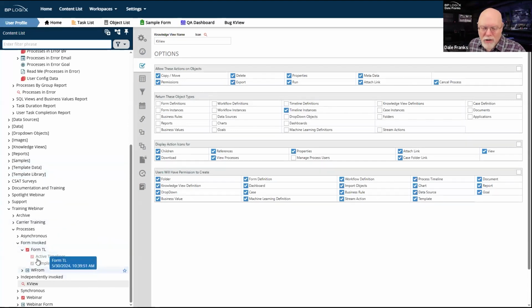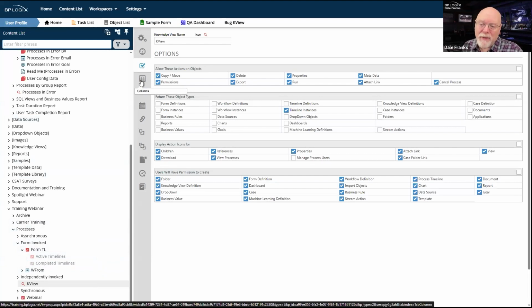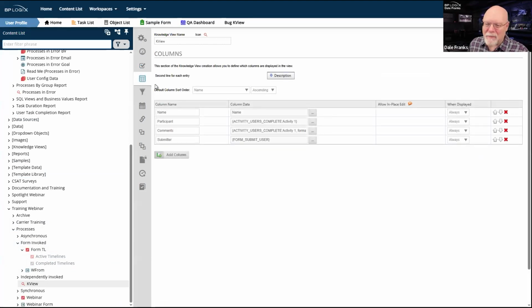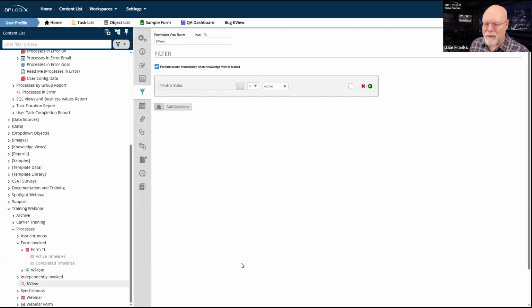And largely you can usually do it in the content list itself by looking into active timelines and then just searching for the particular request. If I can't do that, then it's nice to be able to fall back on something that just shows me all of my actively running processes. Now, this assumes that you don't have 10,000 actively running processes, which you might. I don't on this system, so I can be a little looser in my filters, but I only want to return timeline instances. The columns, we'll just pretend that we have the standard columns here.